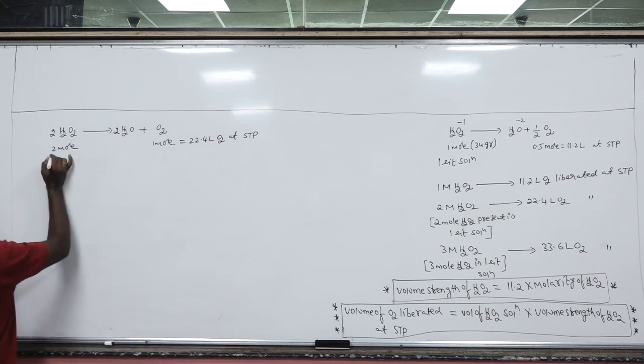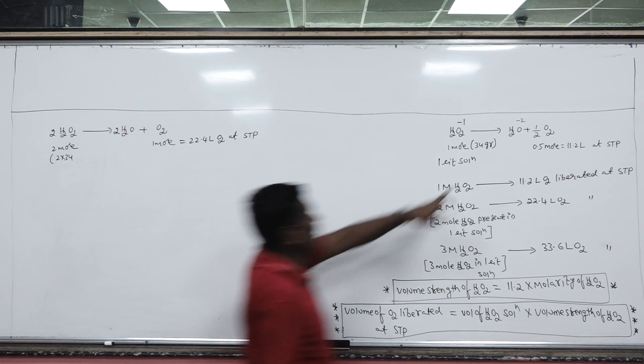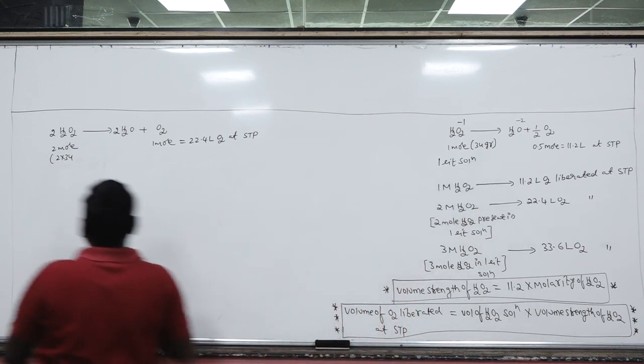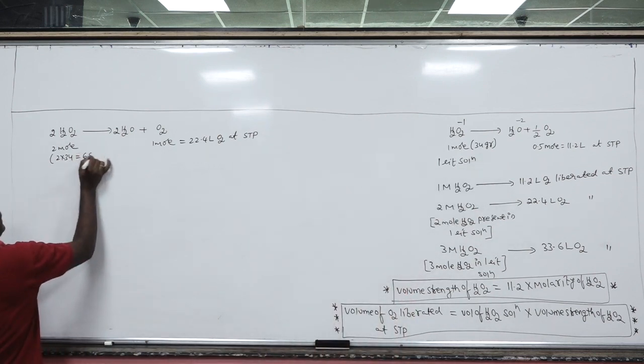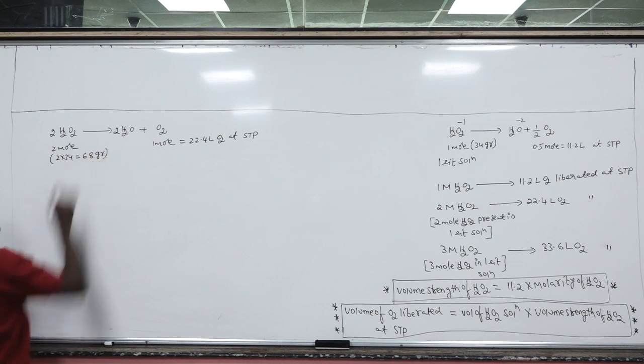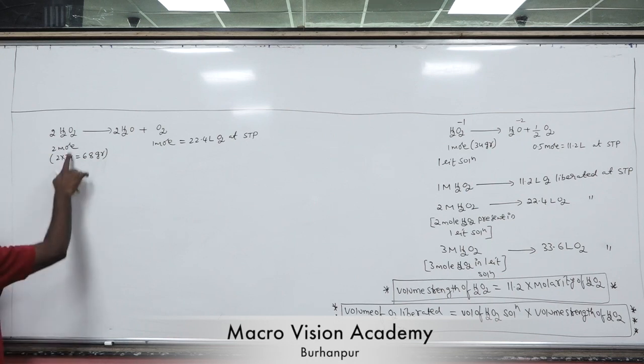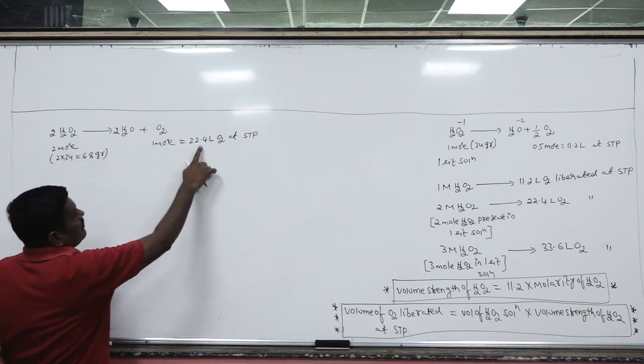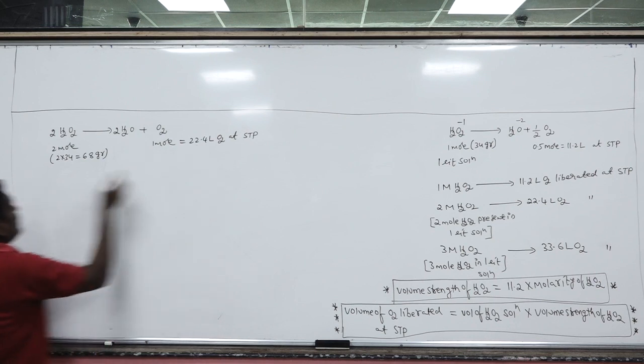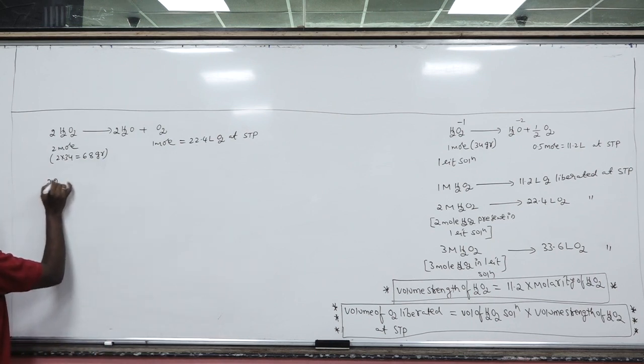2 moles of H2O2, 2 into 34, because 1 mole of H2O2 is equal to 34 grams. So 2 moles is equal to 68 grams. Remember, this is 2 moles present in 1 liter solution. That means 2 molar solution. Okay? 2 molar solution will produce how many liters of O2 at STP? 22.4. So that's why I am writing 22.4 volume strength of H2O2